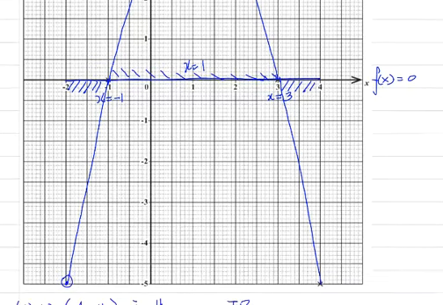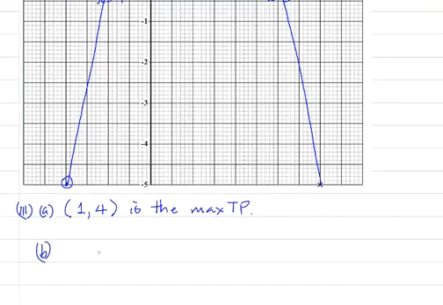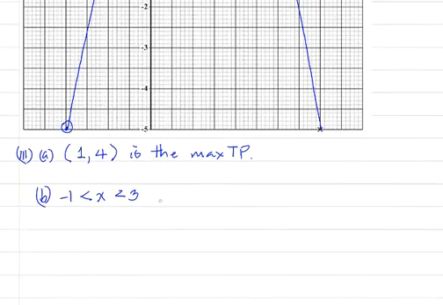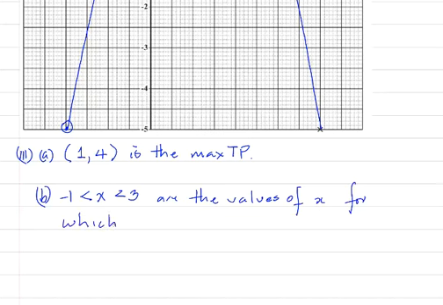So I could answer that x is less than 3 while x is greater than -1 are the values of x for which f of x is greater than 0. Those are the values of x for which f of x is greater than 0. That is B. And C is asking for the gradient of f of x at